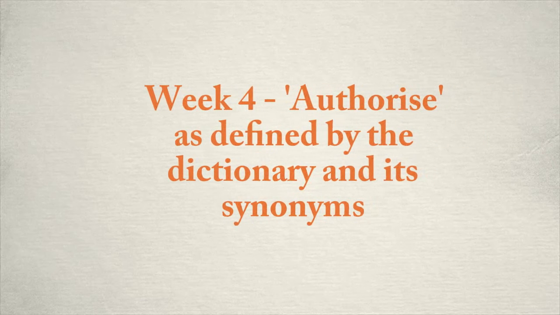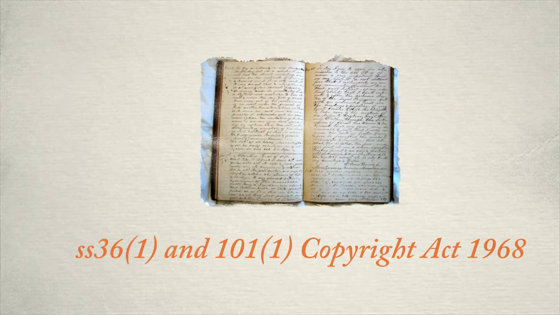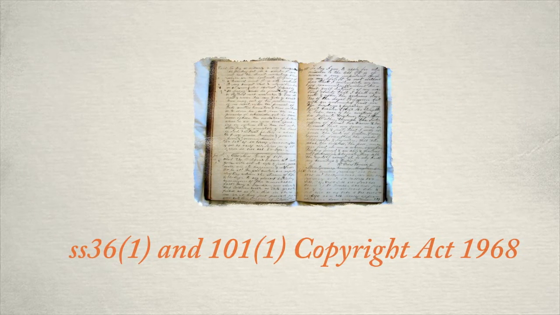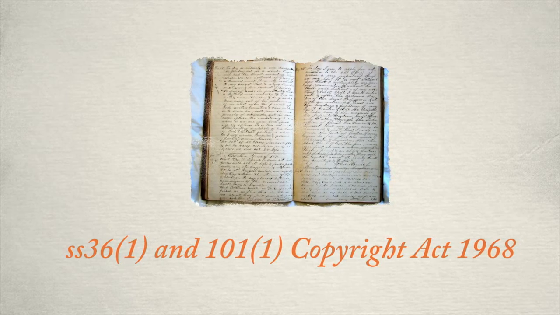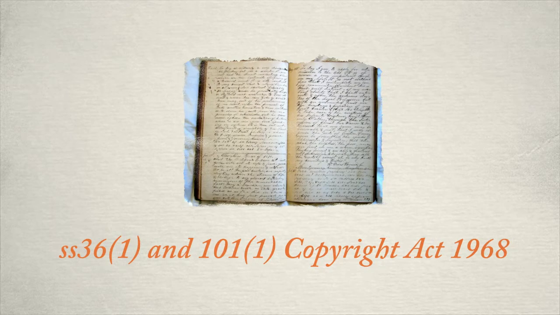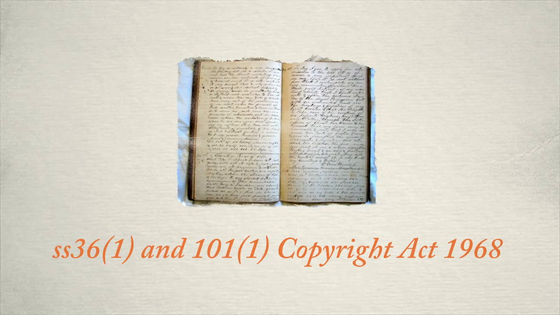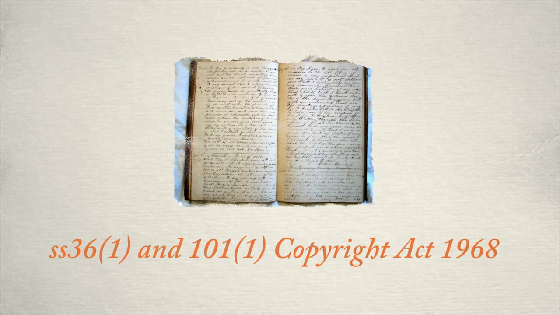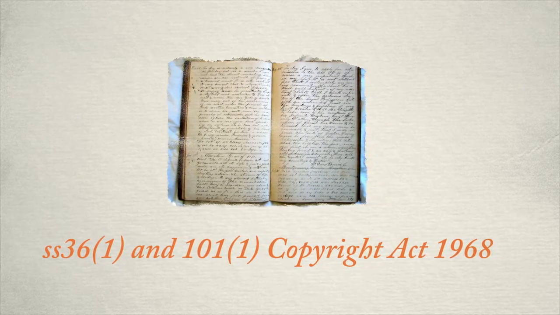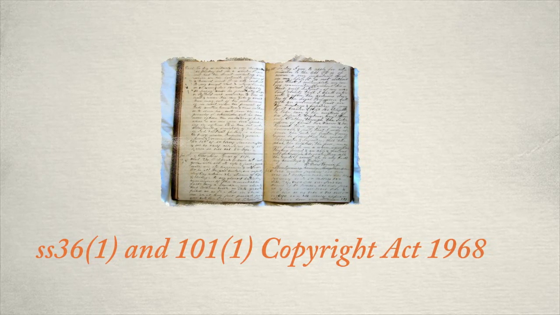Week 4. Authorise is defined by the dictionary and its synonyms. Section 36, subsection 1 and section 101, subsection 1 of the Copyright Act 1968 provide that copyright is infringed by a person who, not being the owner of the copyright, does in Australia or authorises the doing in Australia of any act comprised in copyright. The establishment of the doctrine of authorization liability catches those who authorize another individual to deal